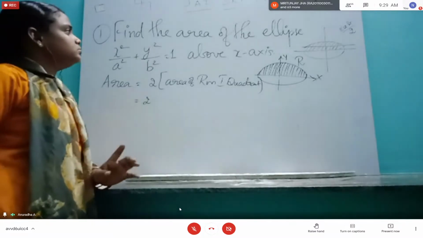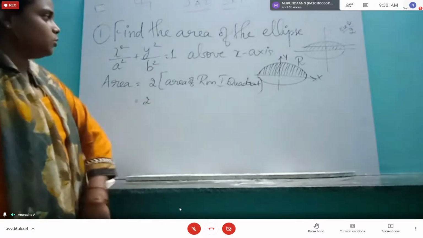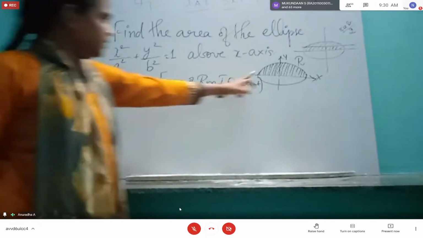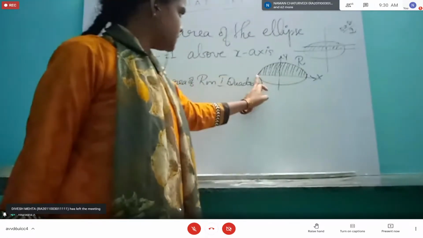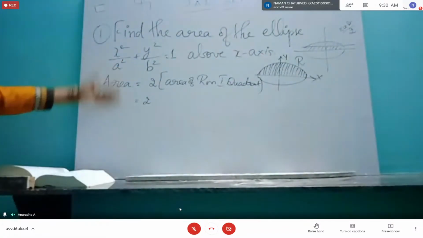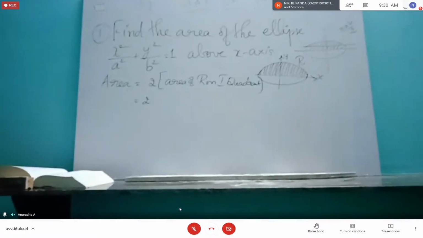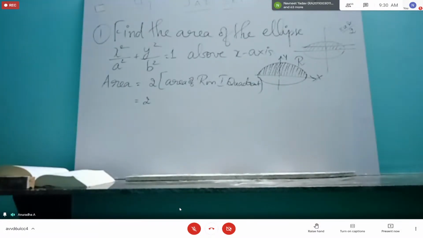I remember teaching this sum some 3 years back. That time one student wanted to do it entirely from minus a to plus a. The only thing was the number of computational steps was increasing after this, and the plus-minus errors were coming. So you have to be doubly careful.